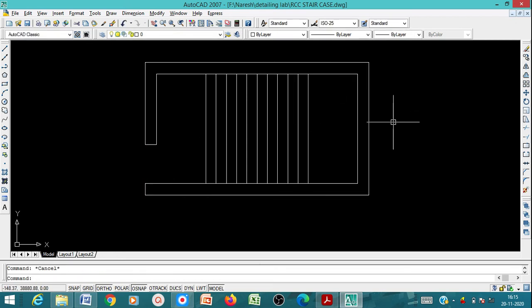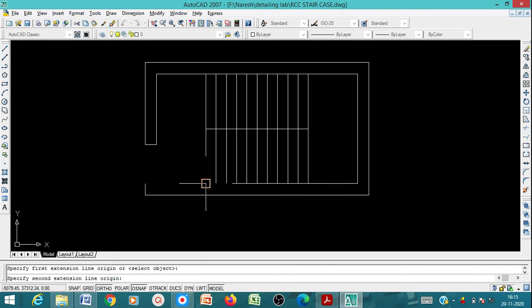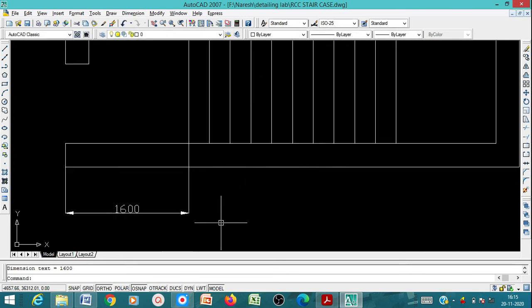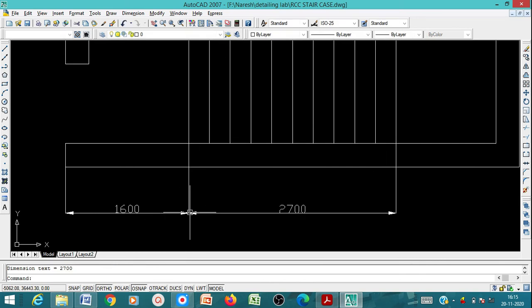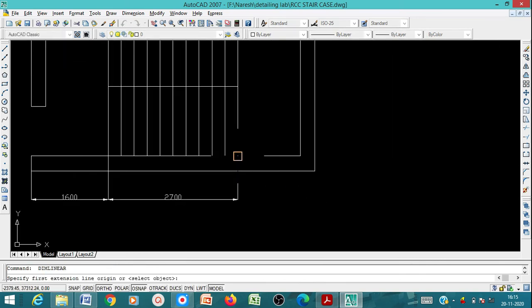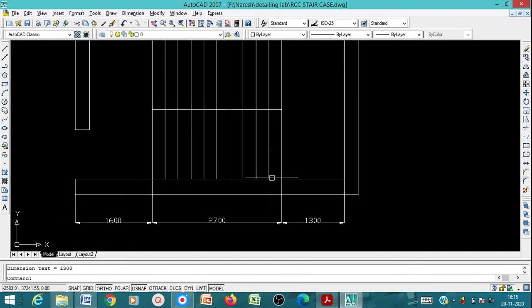Then you have to give a 200 offset here also, and we'll check the dimensions. From here to here it is 1600, from here to here it is 2700, and the landing size is 1300.